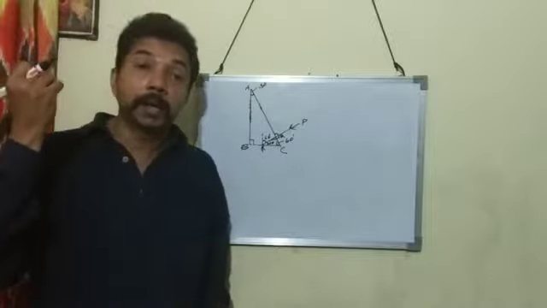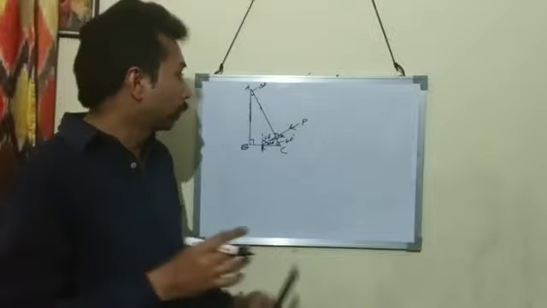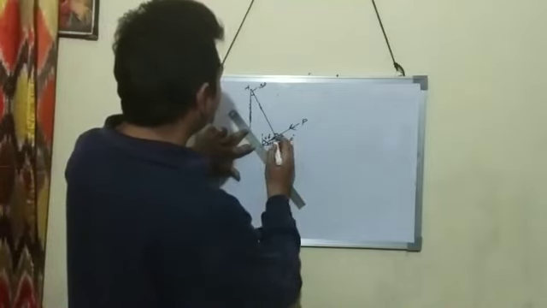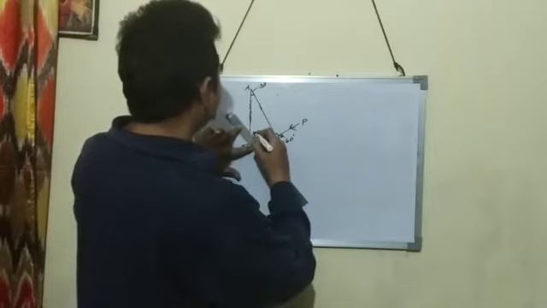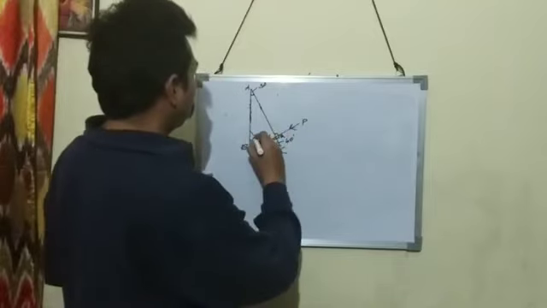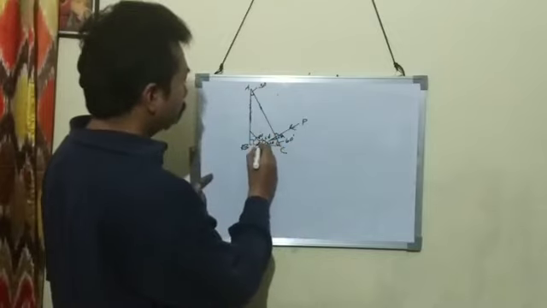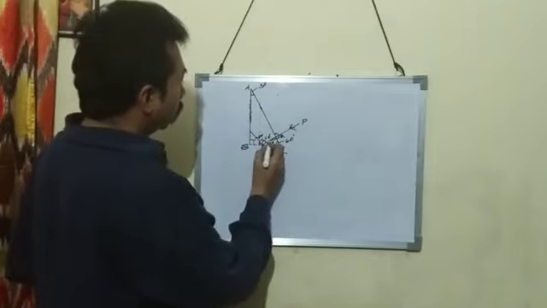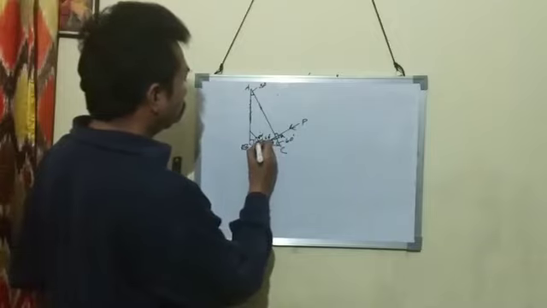Then which phenomenon can take place on BC? On BC, total internal reflection can take place by obeying the laws of reflection. So it will be reflected to the surface AB by obeying these laws. What is the magnitude of this angle? This angle will be 60 degrees. Then what is the magnitude of this angle? So this is 30 degrees, 60 degrees, 60 degrees. Then what will be this angle? This will be 30 degrees.